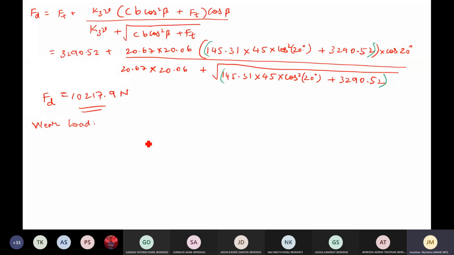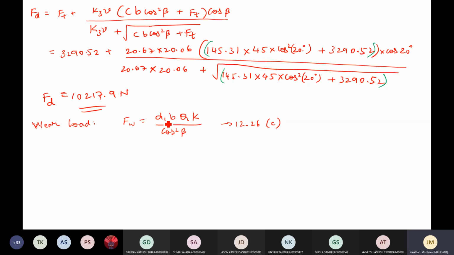Wear load is again Fw is equal to D1 B Q K. The difference here is the cos square beta factor. This is given in equation 12.26c. Just check the values. 12.06, yes, the limiting load for wear. Similarly, you have all the elements except this cos square beta, everything else remains the same.